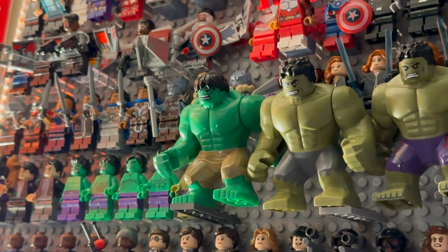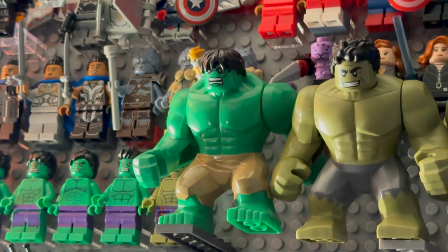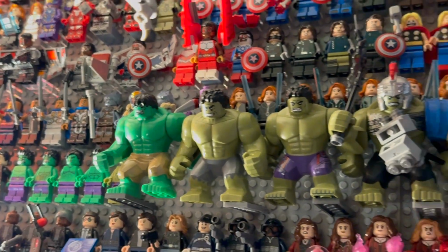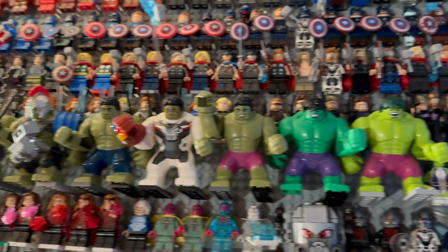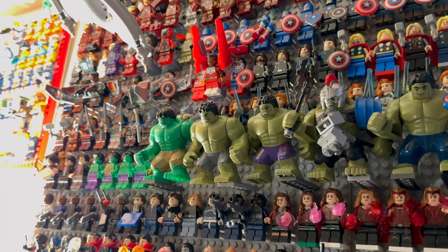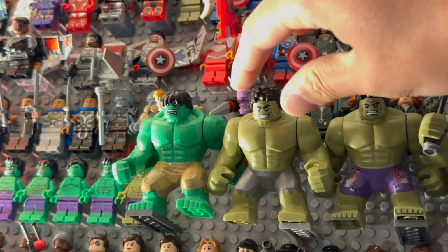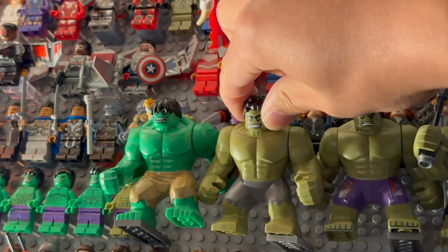This came out in 2012 to celebrate the Avengers movie, and you can see he is based off of his appearance in the Avengers. Since then, we have gotten a lot of Bigfig LEGO Hulks over the many years, and I'm not going to name every single one of them, but it is interesting to see how they've changed over the years,